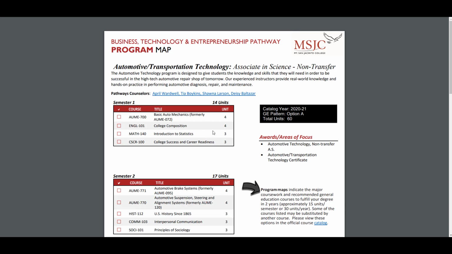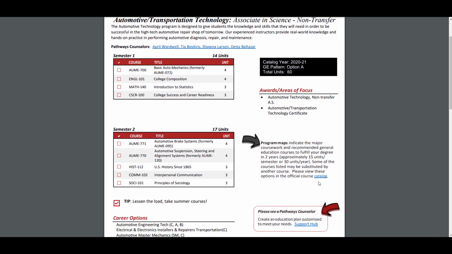Notice in the AS program map that Math, English, and College Success and Career Readiness, CSCR, have courses that need to be offered during the first semester. Particularly for disciplines like Math, English, Communications, History, and Psychology, whose courses are included in a lot of pathway maps, it is important that enough sections be offered to meet student demand and success rates are not so low that these courses keep students from achieving their educational goals in a timely fashion. For departments that are in a lot of pathways, you may need to look at additional course options.